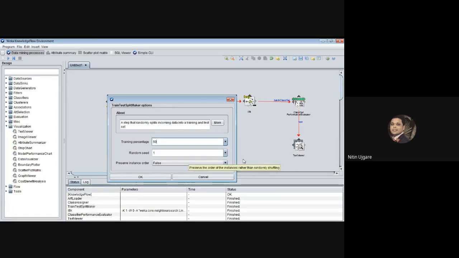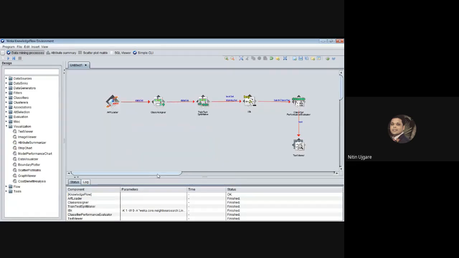So let us see what is the change in the accuracy of the classifier. We kept the same classifier, and now we'll see the result. And you can see the performance degrades actually, right? Earlier it was 96 point something.